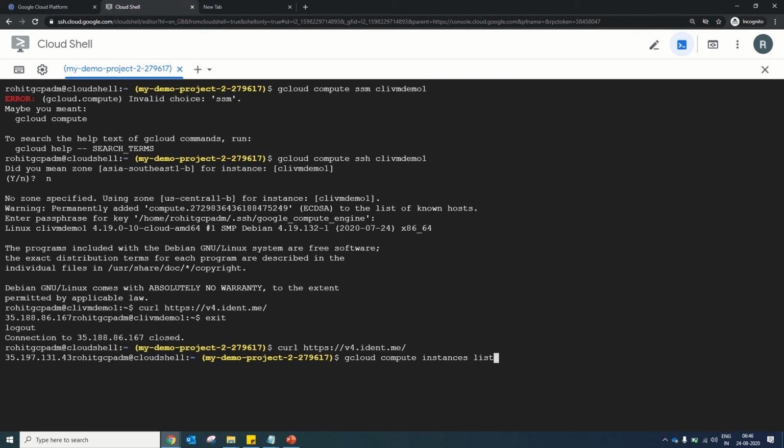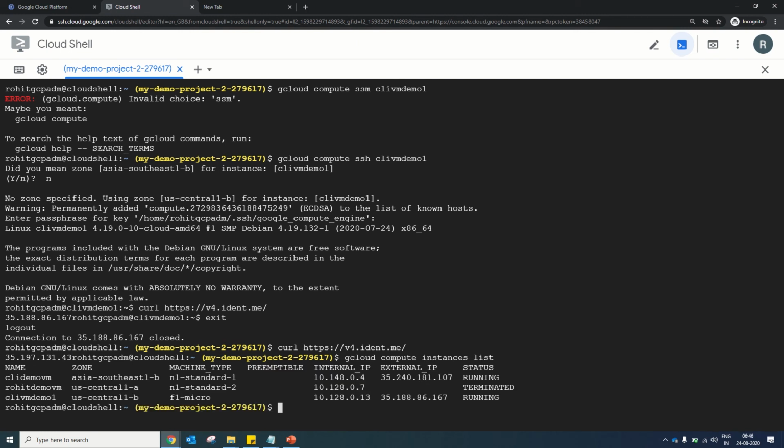If you run the compute instances list, you will find the IP returned from cli-demo-1 when we ran the curl command, 35.188.86.167, is the external IP of this VM. This ensures that we were connected to the VM and inside it while running the command. So in this way you can connect to the machine and start using it.